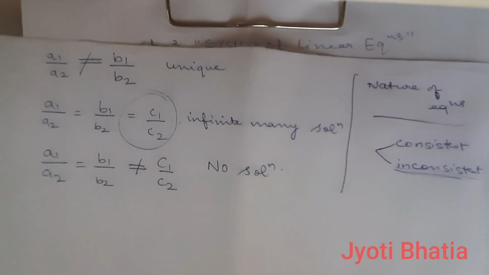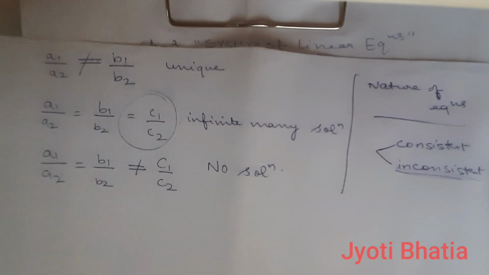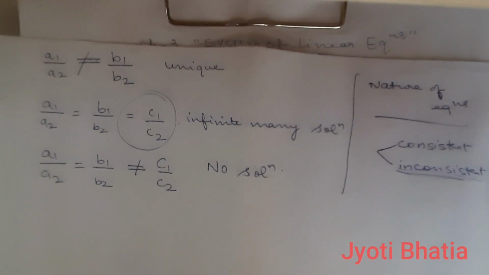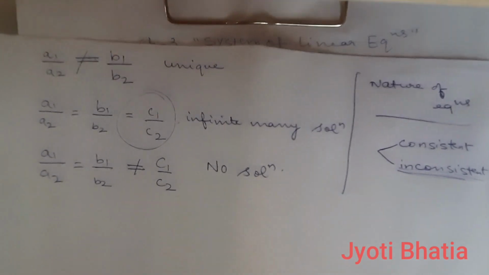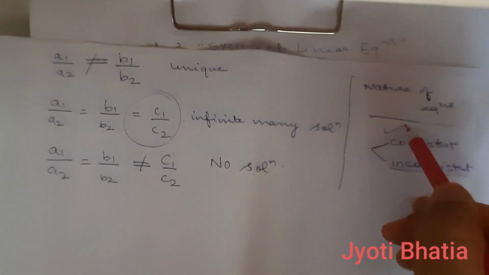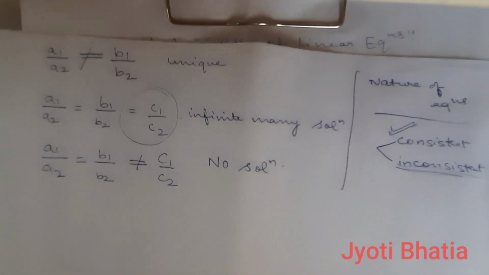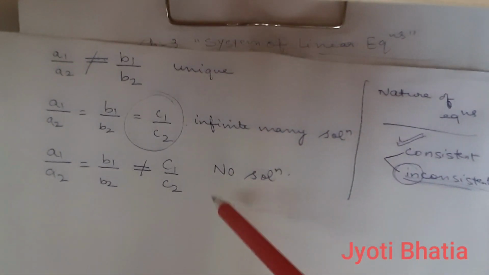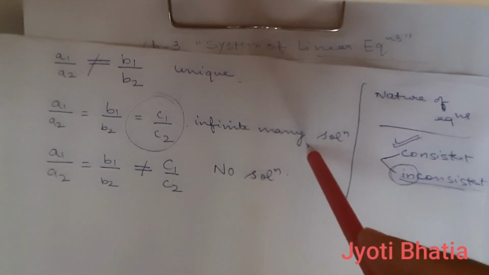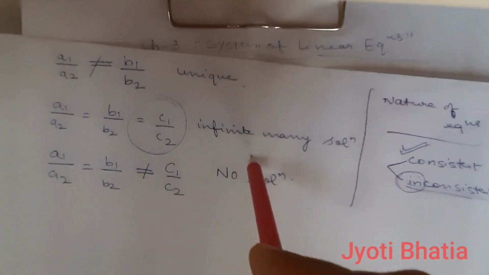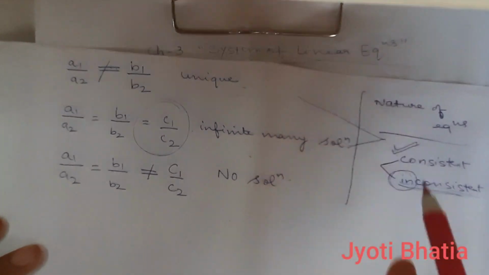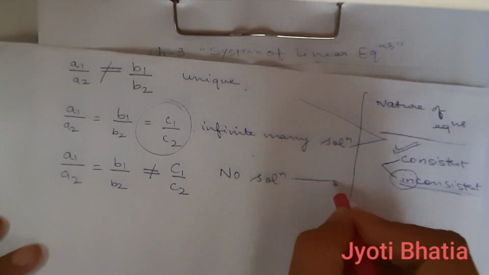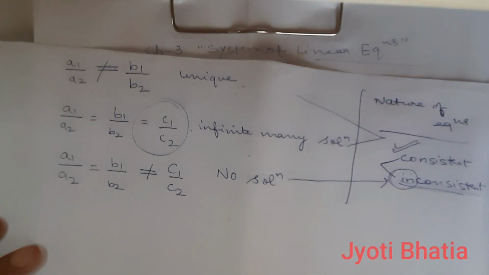So the very first purpose of solving a pair of linear equations is to get a solution. If there are equations which are giving us a solution, we can depend on those equations. So those equations will be consistent. And if a pair of equations is not giving us any solution, we will call them inconsistent. Now out of these three cases, you can see unique solution or infinite, no matter what, but we are getting a solution. So these two kinds of equations are consistent, and no solution means inconsistent equations.